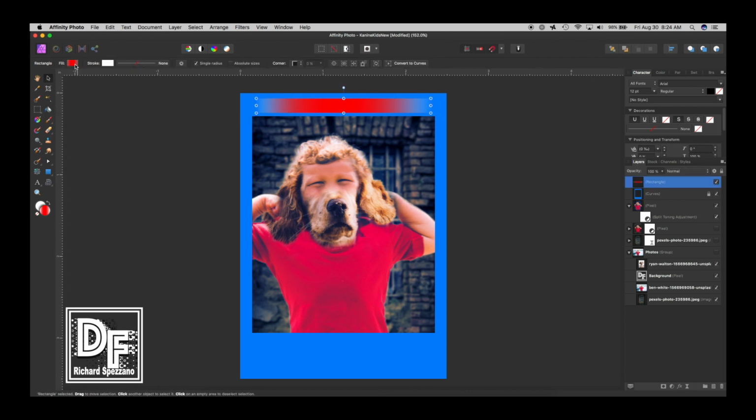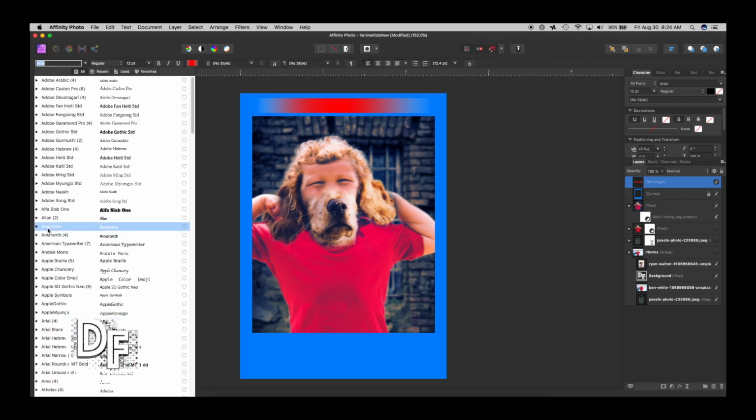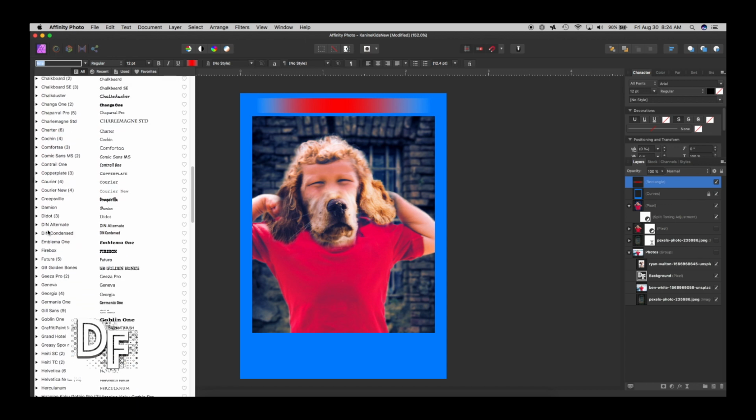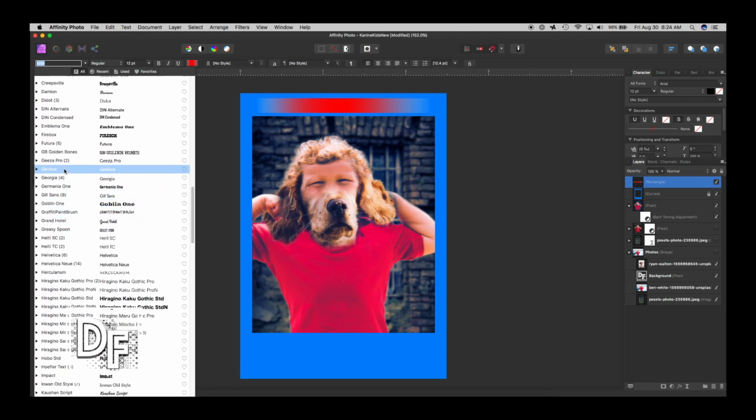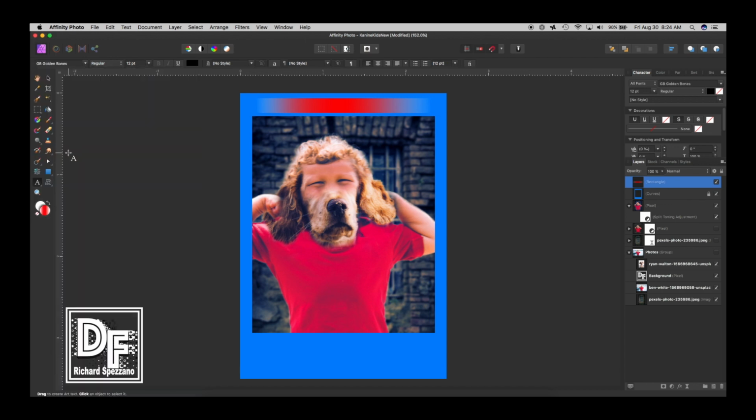In fact, no, I don't. I think I'm going to do a little more transparency on the edges. A little smoother transparency. There you go. So now we need some text. So I found this text on DaFonts, and it's called GB something or other. So let's look for it. GB Golden Bones. And I'm just going to type here